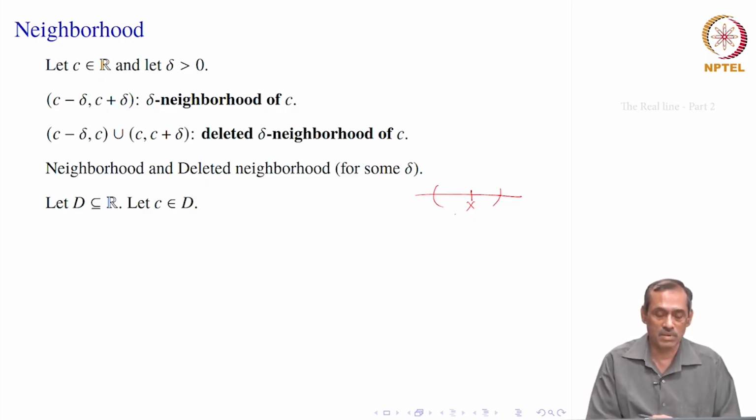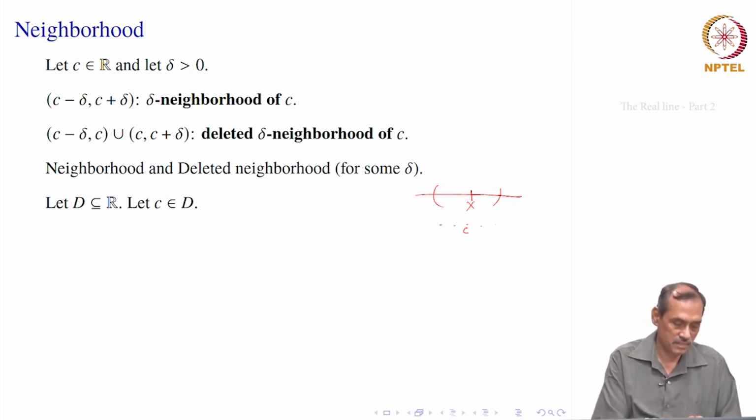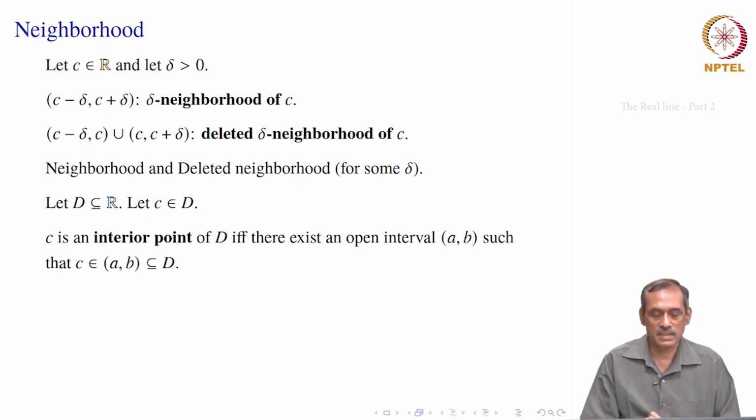We are going to use this neighborhood notion to define something else. So, suppose D is any subset of R. Now, you may take D as an interval, or it may not be an interval, some points along the line, that is also possible. So, let this be a subset of R, and let C belong to D. So, C is inside there, so that means it is non-empty. C is a point, at least one point is there in D. Then we say that this point C is an interior point of D if something is satisfied. What is it? That there is always an open interval around this C which is contained inside D.